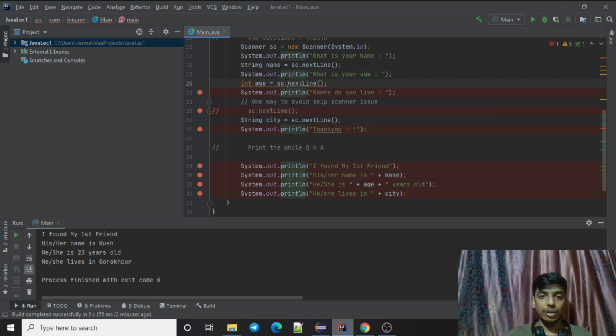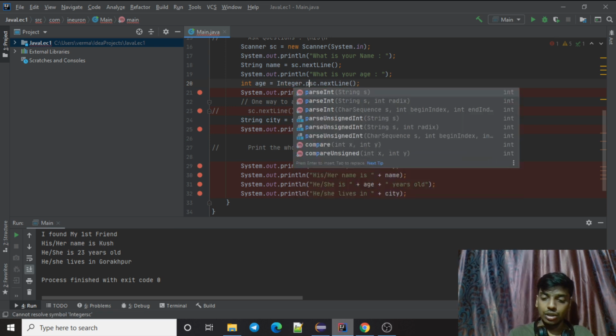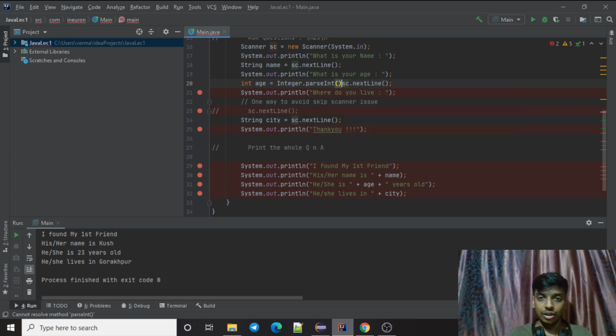Great. So I'm getting a string, I know that. Now to assign it to my integer, I will convert it to the integer. To convert, you can parse your string. All the strings can be parsed to other data types like integer, double, float. All you need to do is Integer.parseInt for integer.